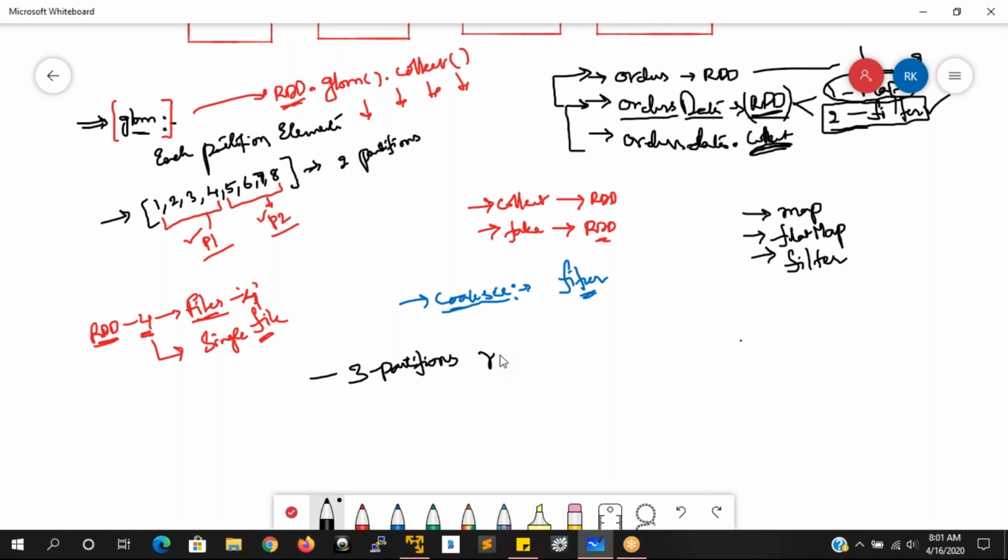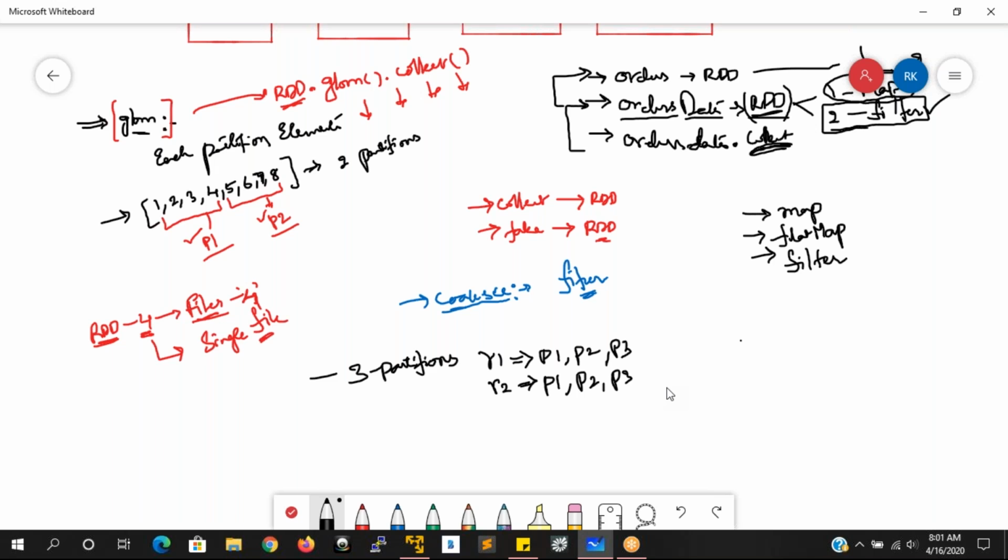For example, I am creating an R1. R1 is having three partitions, P1, P2, and P3. This is the base RDD. So I do a filter. The filtering happens in parallel, right? First P1 will have that transformation applied, and parallelly P2 and P3.